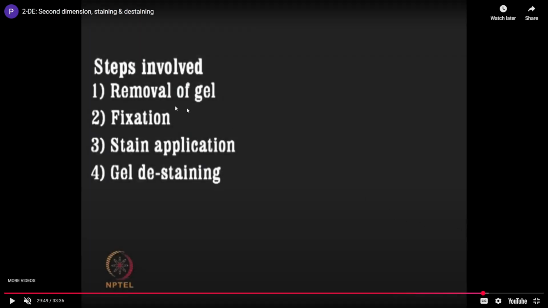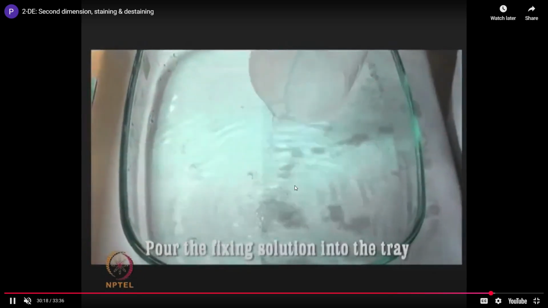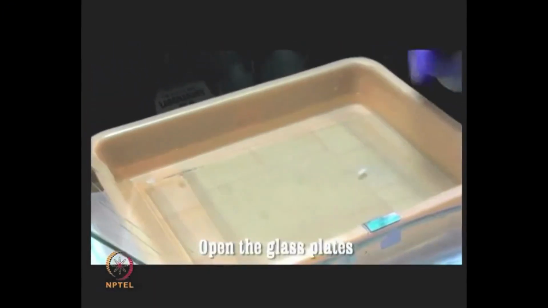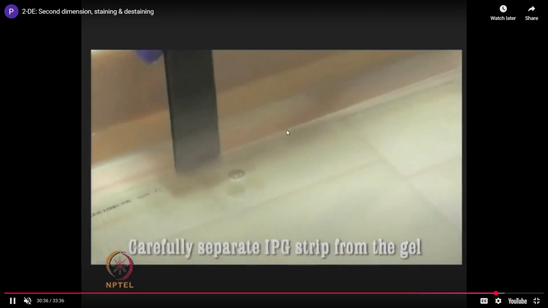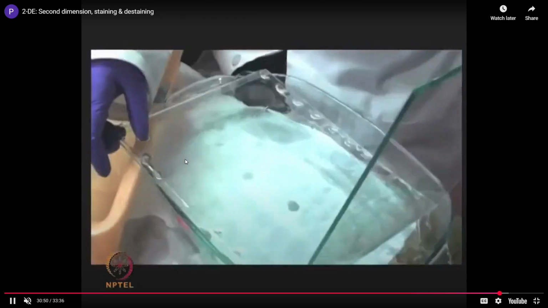You need to remove the gel, do initial fixation, then add the stain application, whatever stain you want to use, then you need to de-stain it as well. Removing the gel and fixation: the fixation is generally with methanol and acetone. This is how the gel is removed. You need to open the glass frame, detach it from the corner first, and then slide it onto the buffer solution. This is how the gel looks. Then you need to add the stain to it,